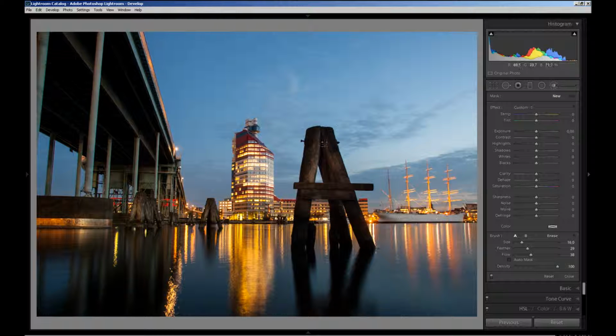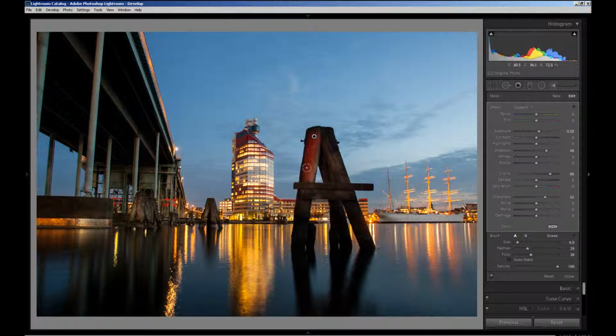Today we want to make this wooden structure a bit more popping. Make it a little brighter, a bit more clarity, and so on. We start with making the brush a bit smaller, like that. And then we add the effects we want. Maybe some exposure, and some clarity, it's nice, and some sharpness. The shadows, I think we will take them. Then we start to brush. Oops, I got the